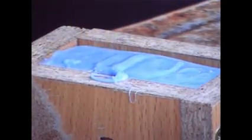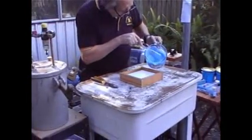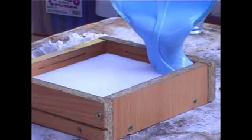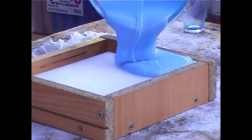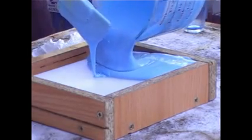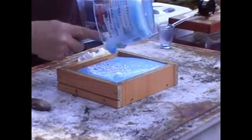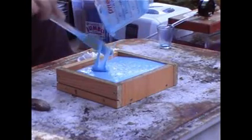I'll wait till it does it. Pretty much stays as it is. So, not quite going to be enough, but